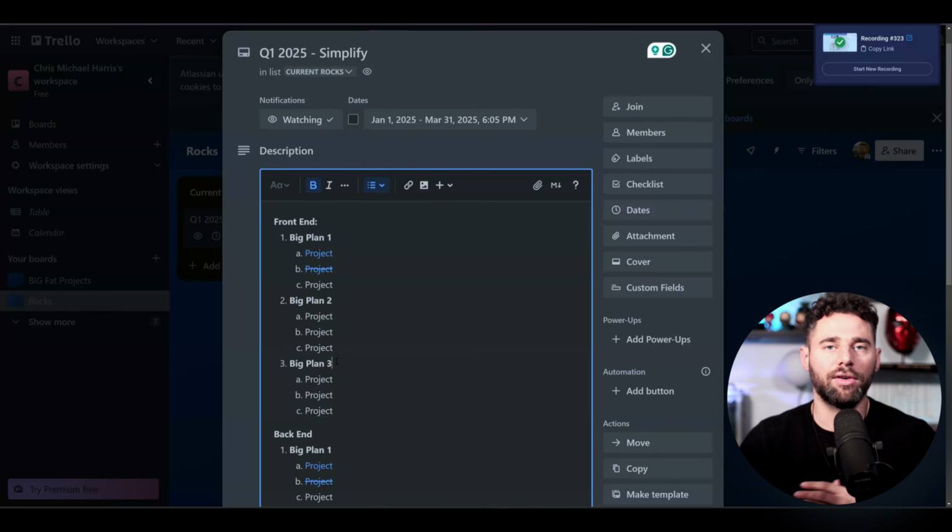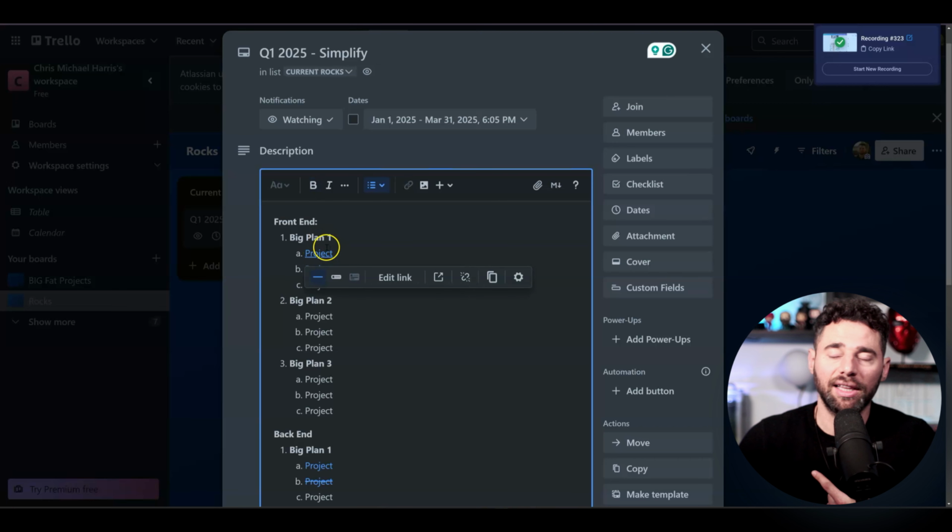So let's take the server migration as an example, right? We want to switch servers over. Okay, well, there might be several things involved with that, right? Not necessarily tasks, but projects that fall within that are tasks, but maybe there's a lot of things involved with that, right? So what we'll do is we'll create a little project, and I actually link that, right?